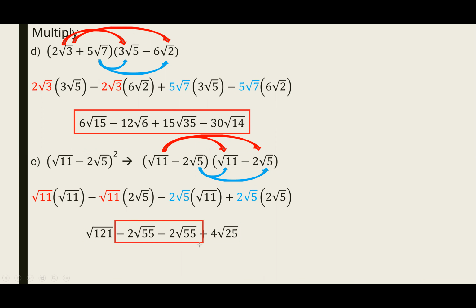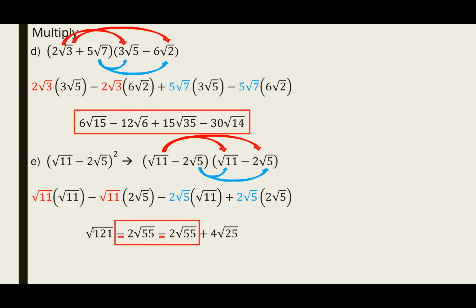Now looking at this item here, hopefully you recognize that these are your like terms. And they do not cancel out, ladies and gentlemen. We have a -2 and a -2. They are the same sign. You need to add them up and keep the sign, which is -4 square root of 55. Now, what is the unique thing about